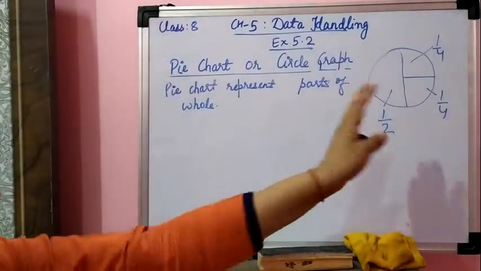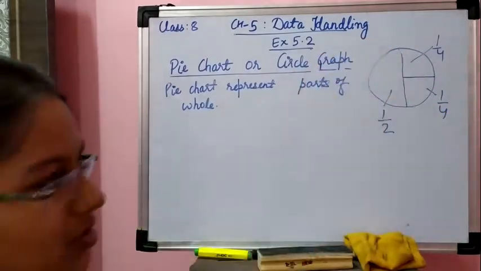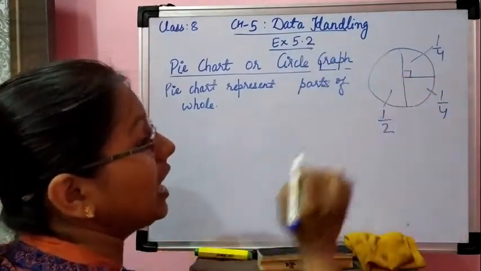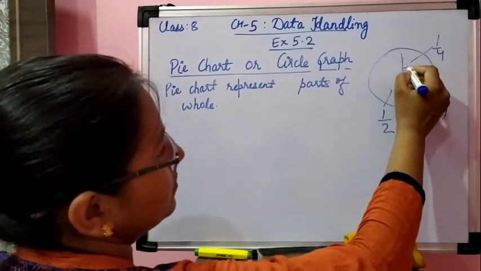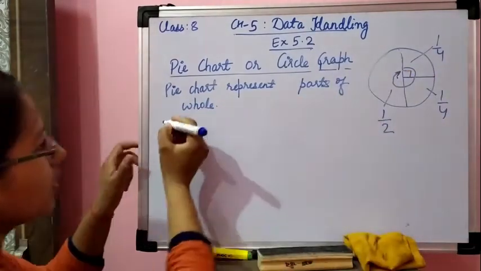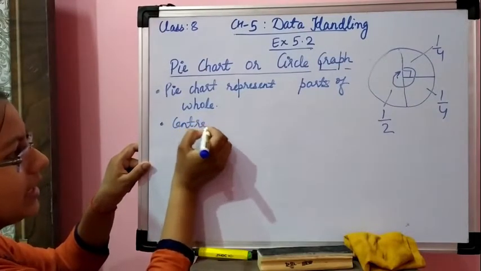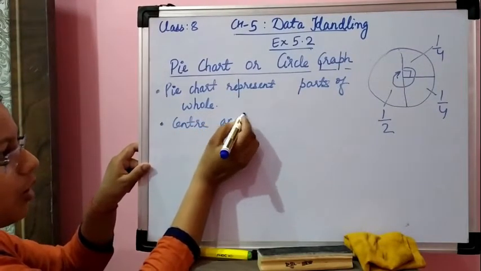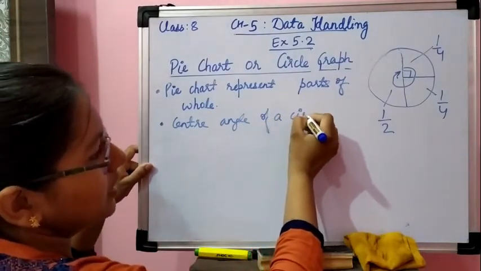Since I have divided it in such a way that I am able to find the fraction, because this is 90 degrees. Now what is the important thing? That the center angle